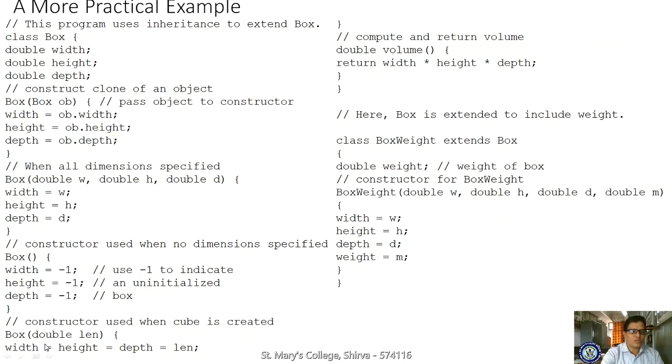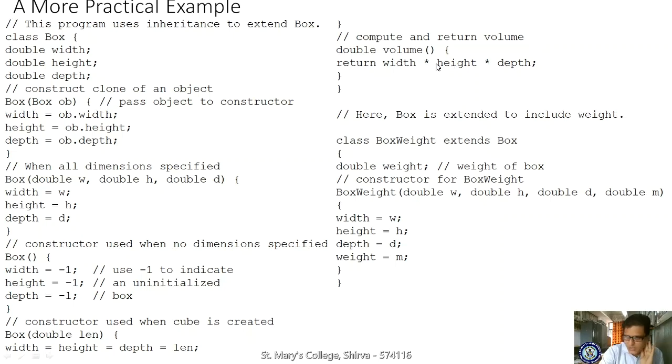And one more constructor, please observe here, this is constructor overloading. This is also one of my best examples for constructor overloading. Here Box(double length), width is equal to, height is equal to, length is equal to. Whatever parameter I am using, I am supplying that parameter to all these variables. Here the constructor ends, and one more method I am taking, that is the volume method. Double volume, it is not a constructor. How can you say? Because it has a return type.